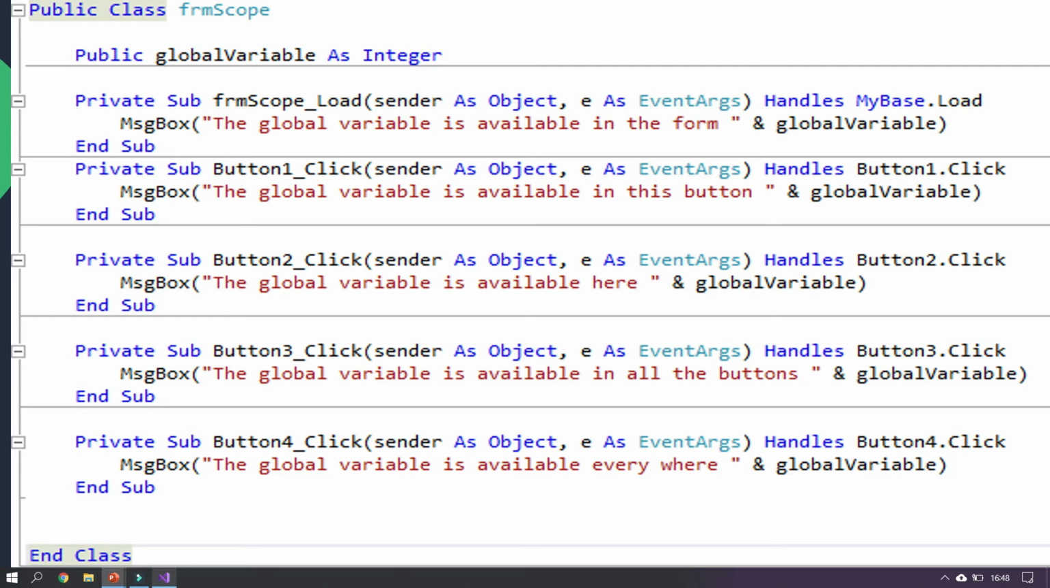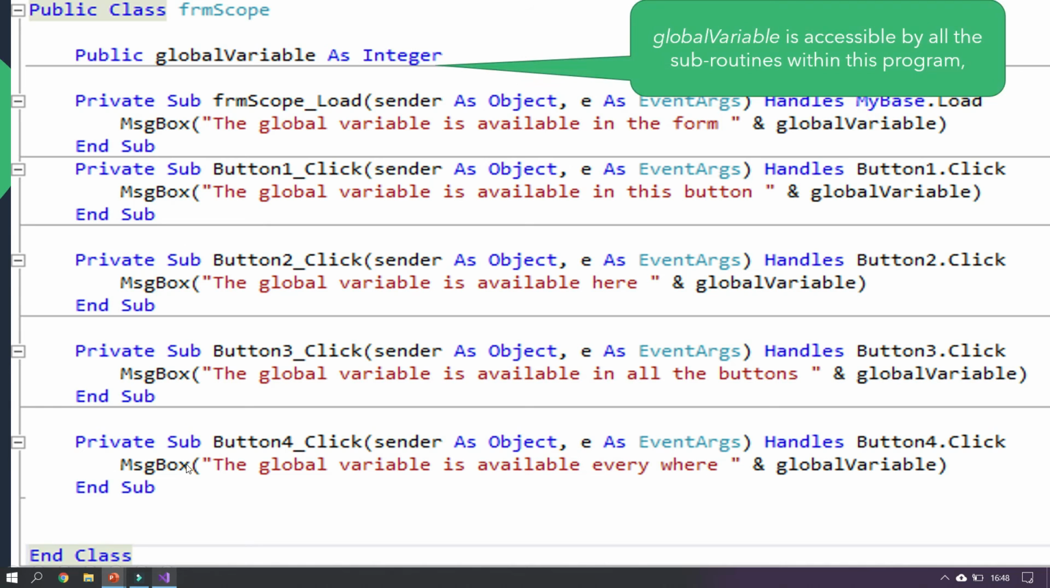Here is a Visual Basic program. It doesn't actually do a lot, this program, but it has a number of buttons. We can see that because we've got the buttons down here, which are very badly named: button 1, button 2, button 3, and so on. When we click on these things, it writes a message on the screen. And you'll notice at the top here it says public global variable as integer, so we've declared a global variable. This variable here is available to all of these blocks within the program, and that means that we only need